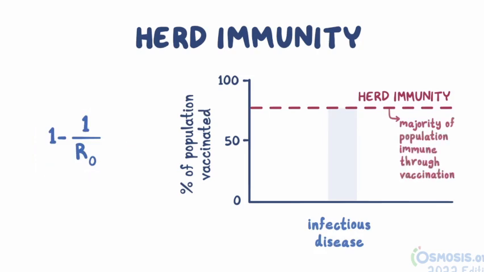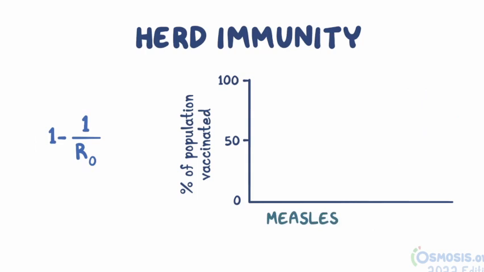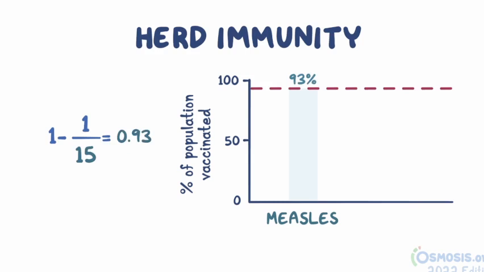Let's look at the herd immunity equation and use measles as an example. Measles has an R0 value of about 15. So 1 minus 1 over 15 equals 0.93, meaning 93% of the population must be vaccinated to achieve herd immunity